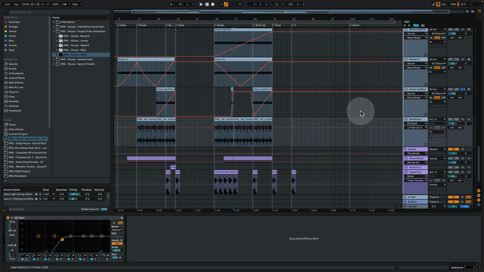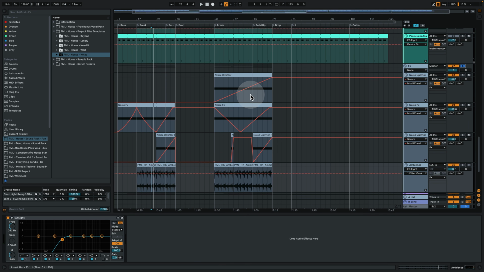And then behind everything we have this ambience thing, which is basically a noise crackle sample in the break parts. And all these 3 or 4 combined